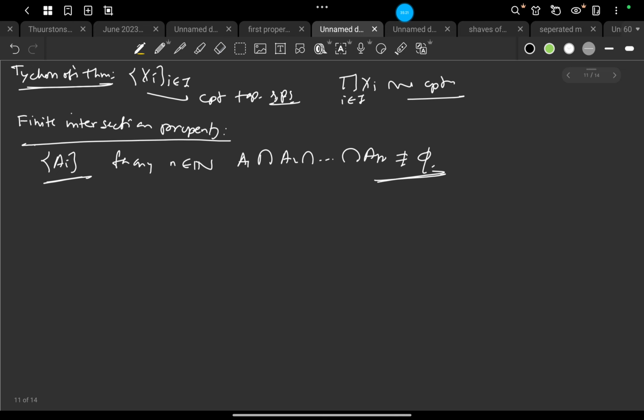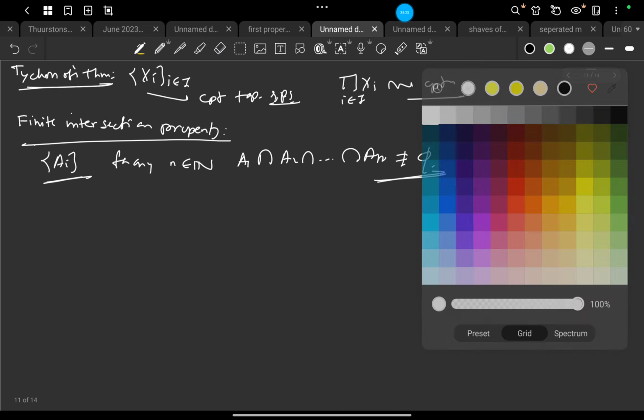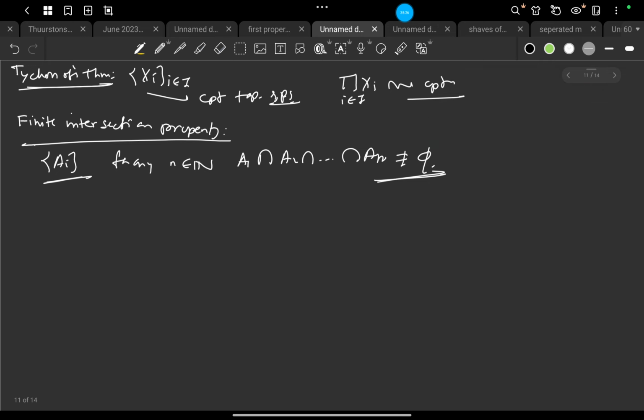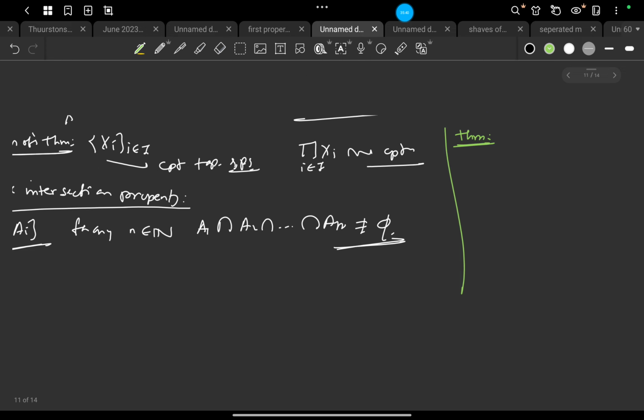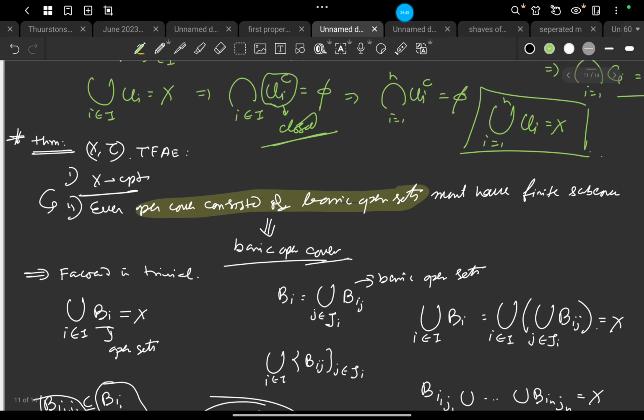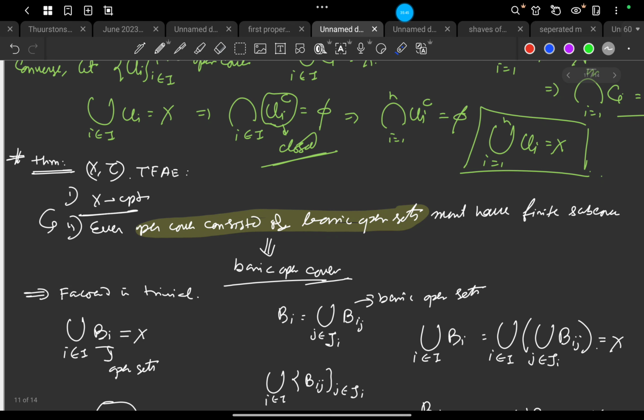That is very important. But what is the relation between the finite intersection property and compact topological spaces? There is a theorem basically hidden in the above criteria. What does it say?